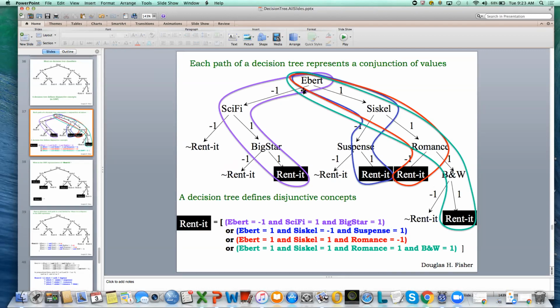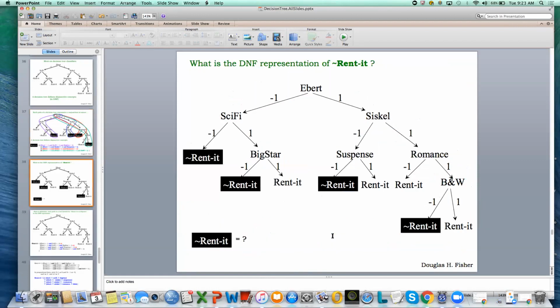Each path in the decision tree, here in the purple, represents a conjunction of values. So if I want a disjunctive representation for rent it, I look at the conjunctions of all paths that lead to that outcome in the decision tree. And so along one of these paths, Ebert didn't like it. It's a sci-fi with a big star, rent it. So that's one conjunction within this disjunctive normal form expression for my watching behavior, or whoever's watching behavior. Okay, so decision trees are used to represent